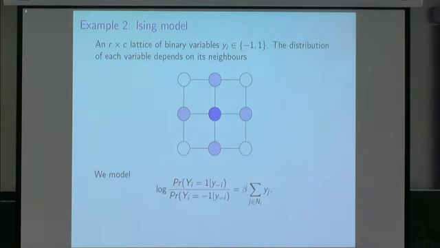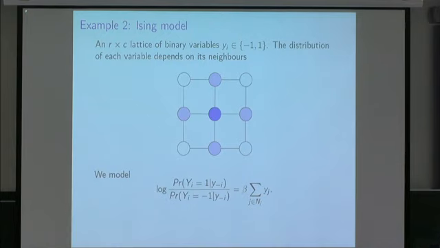I wanted to give a slightly different example as well. So my second example is an Ising model. It's just a simple Markov random field model. This time I have binary variables which I'm going to arrange on a big lattice, a big R by C grid. And just by convention, these binary variables are going to have values plus and minus 1 rather than 1 and 0. And the idea is that if I look at the conditional distribution of each variable, conditional on all the others, that conditional distribution is only going to depend on the variables which are neighbours of the original one in the grid.